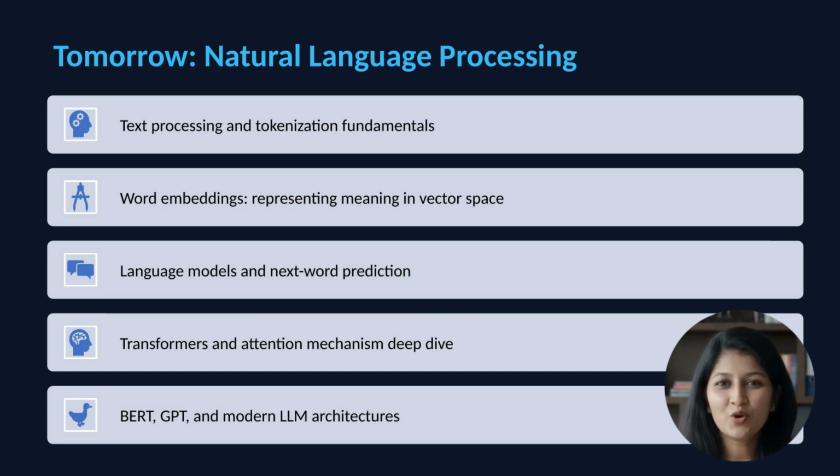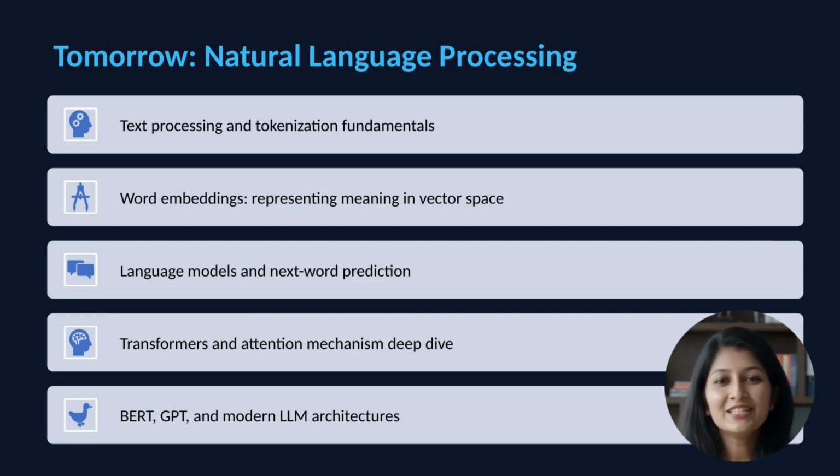We'll explore language models, systems that predict the next word given context. This simple task, when done well at scale, enables remarkable capabilities. We'll understand how language models learn grammar, facts, reasoning patterns, and even some world knowledge. We'll take a deep dive into the transformer architecture. The attention mechanism allows models to focus on relevant context regardless of distance. This was the breakthrough that enabled modern large language models. We'll understand self-attention, multi-head attention, and how transformers process sequences in parallel.